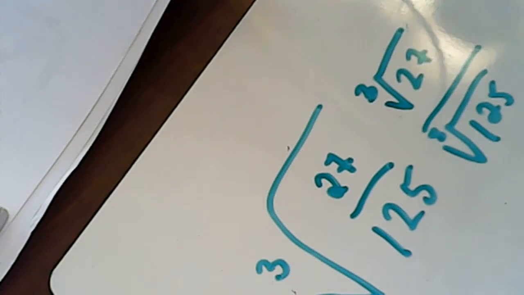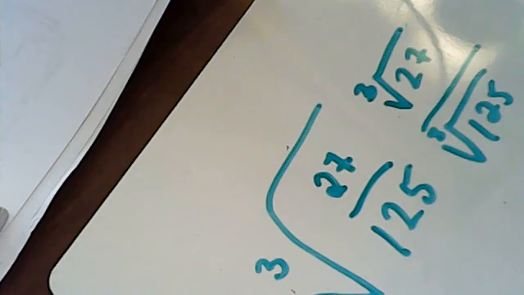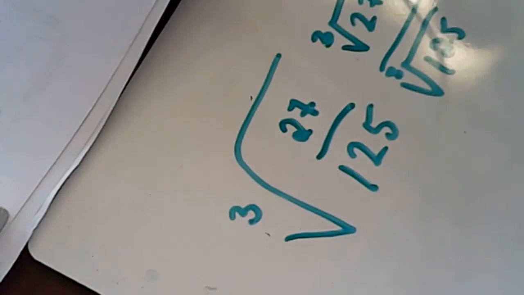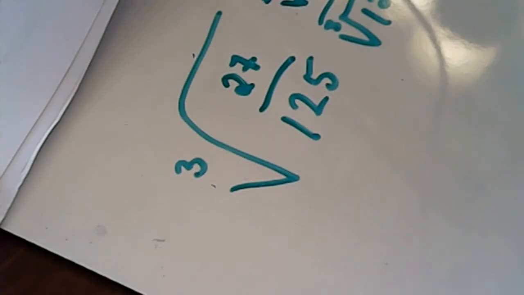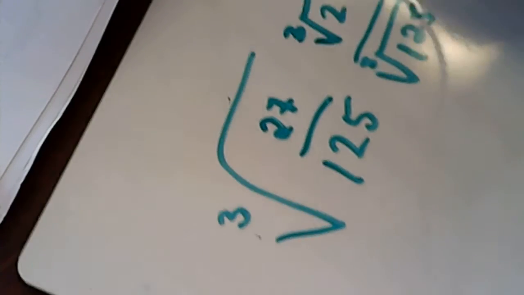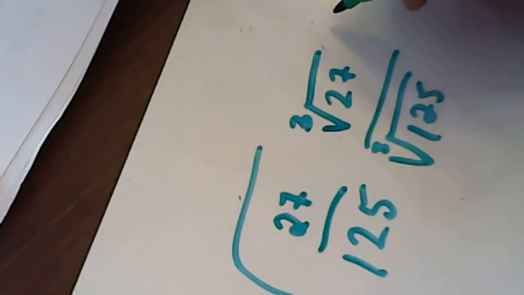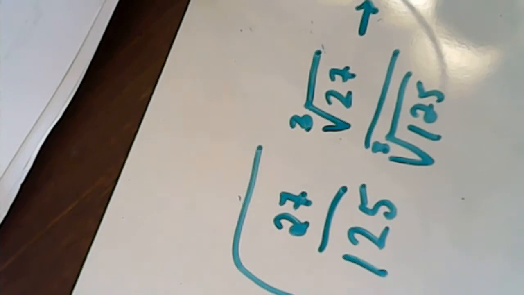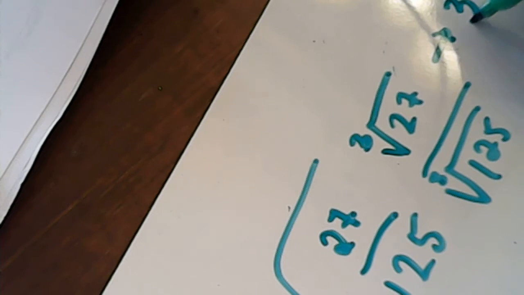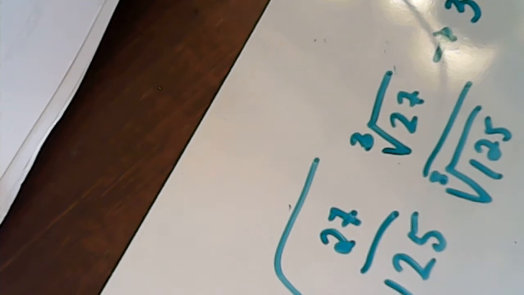So what's the cube root of 27? Well, hopefully you're already seeing it. What number times itself 3 times is 27? It's 3, because 3 times 3